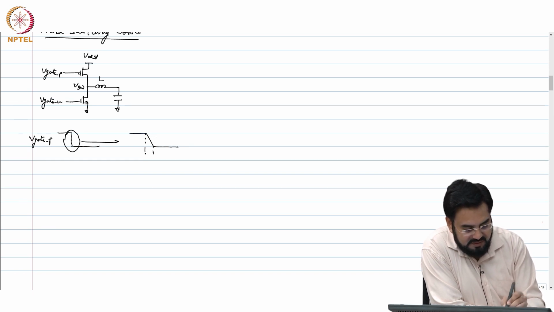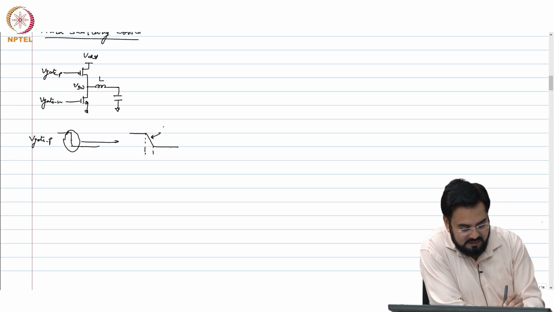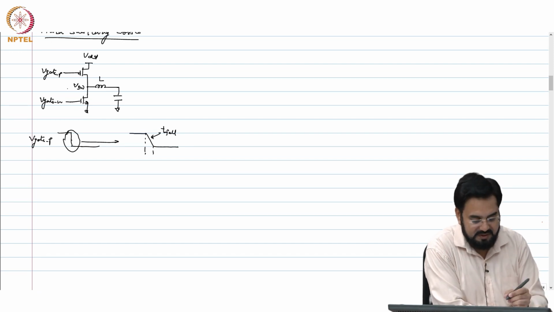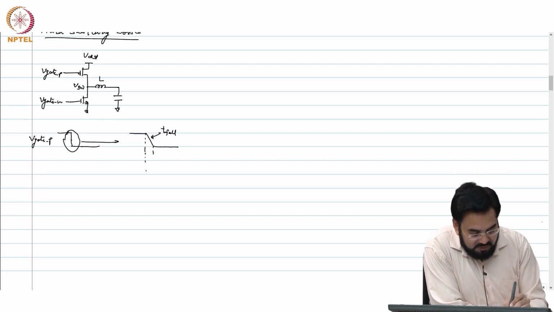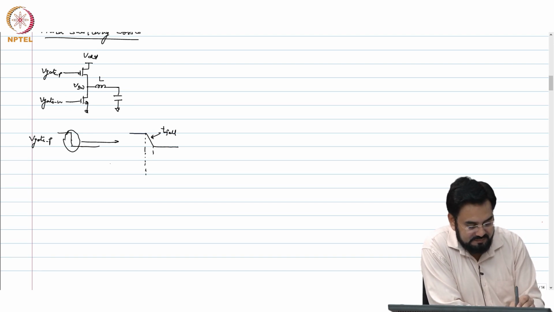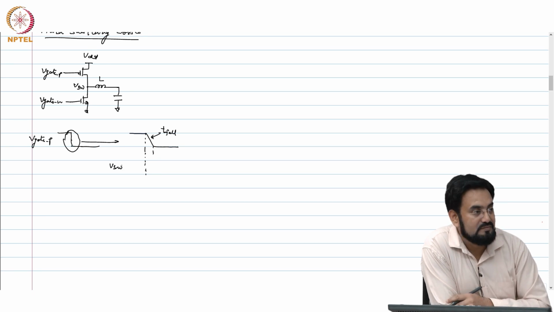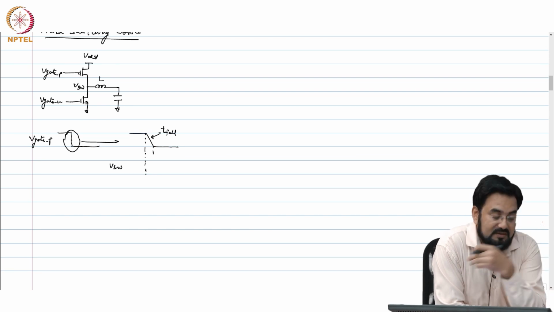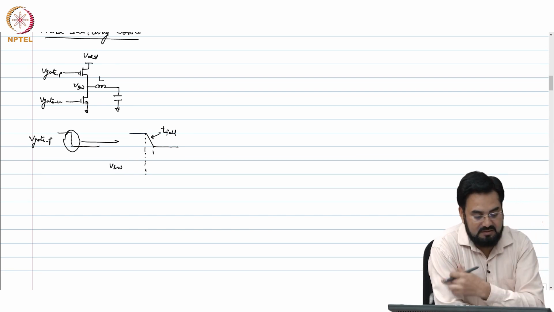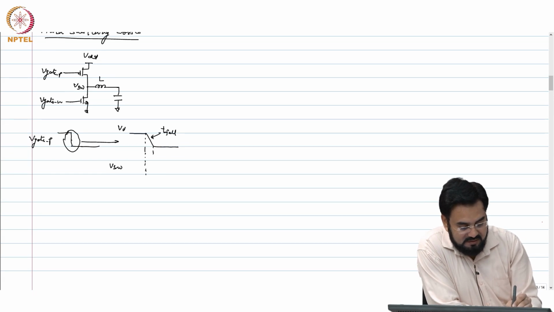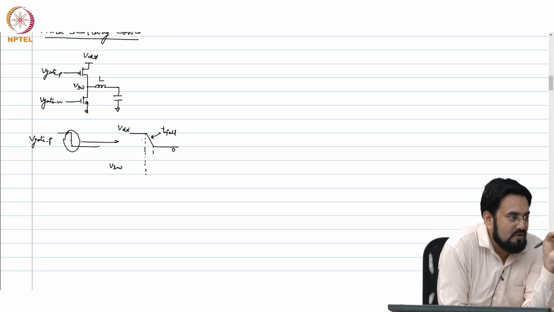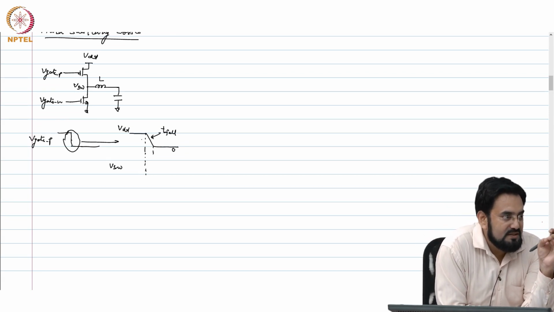So, this is your V gate and its T fall. Rise time will be your VSW. So, how will your VSW change with this? It will start rising when? When will this transistor turn on? So, this is your VDD, this is your 0. First, it has to cross VTP, the threshold voltage.